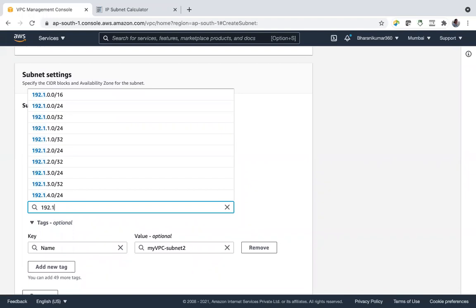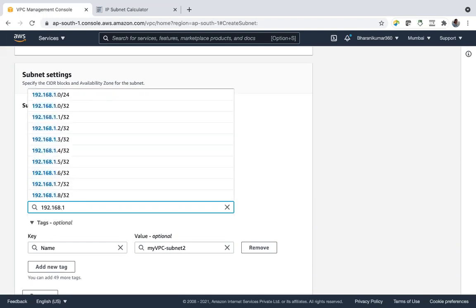That is 192.168. If you are using 172, any number, the first 2 octets have to be same. And the third octet has to be different. You are dividing your network into sub networks. First subnet is using third octet as 0. You can try with any other number, 1, 2, 10, 20, 30, any number.